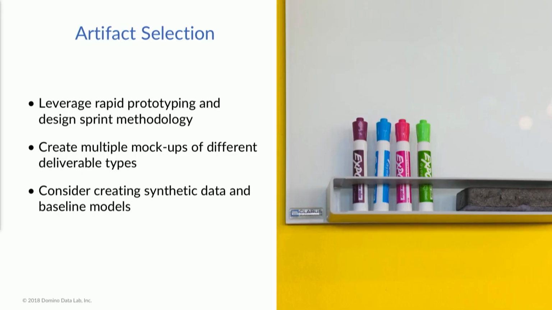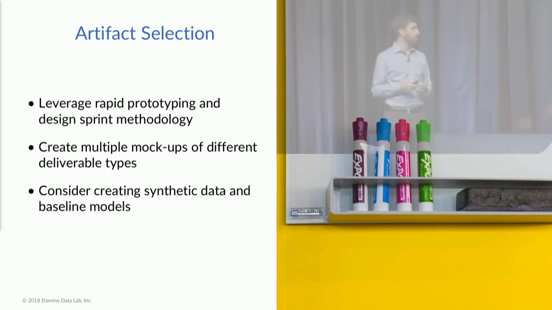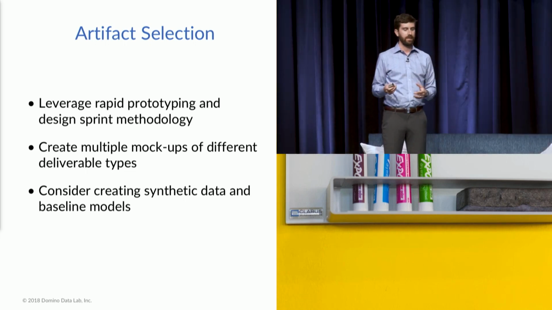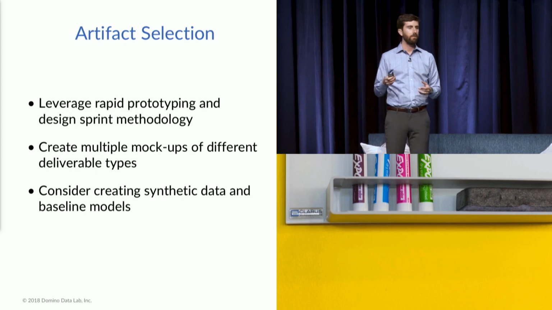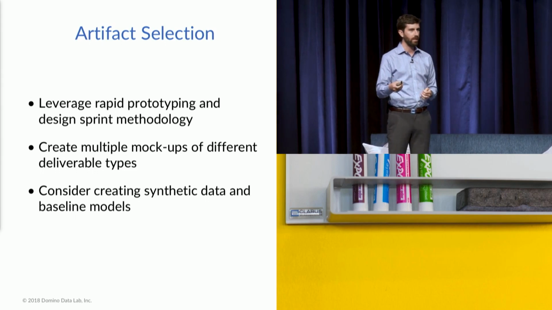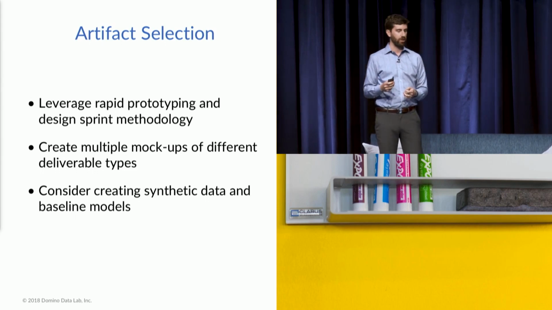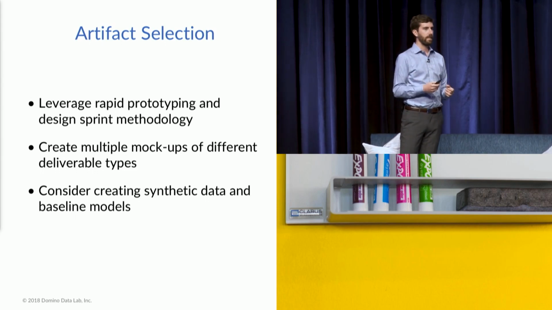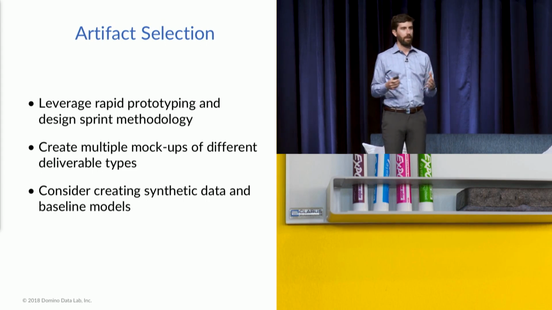You may not actually notice this as a large box on your diagram, but it's such an important step I wanted to call out. This is what we think of as artifact selection. There was a question earlier about model design and why it happens before data. And we talked about that a little bit, Jacob mentioned it. But what we have seen with some data science organizations is that if you build a thing without considering how it's actually going to get used and how your stakeholders work, there's a really big risk that it ends up being shelfware. And so some of the leading data science teams do things like rapid prototyping.